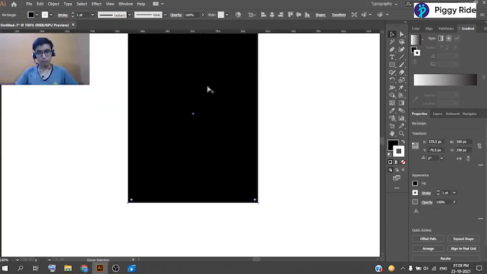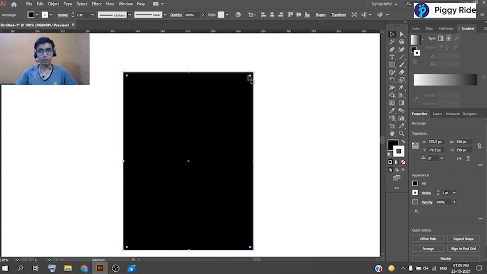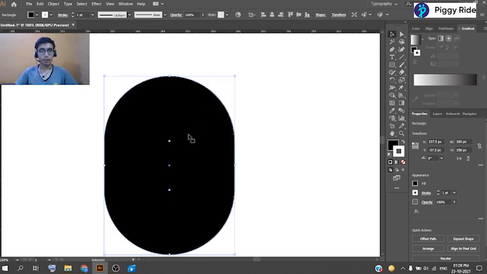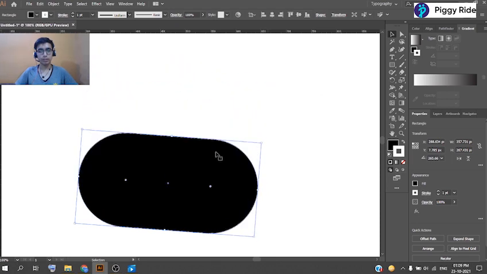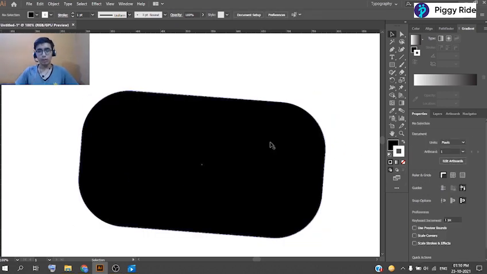With that we can also change the roundness of our shape from the dots that you can see here. Or we can rotate, like you can see an arc over here. Or we can increase or decrease the size of the rectangle also. Okay, so this is how the selection tool works.